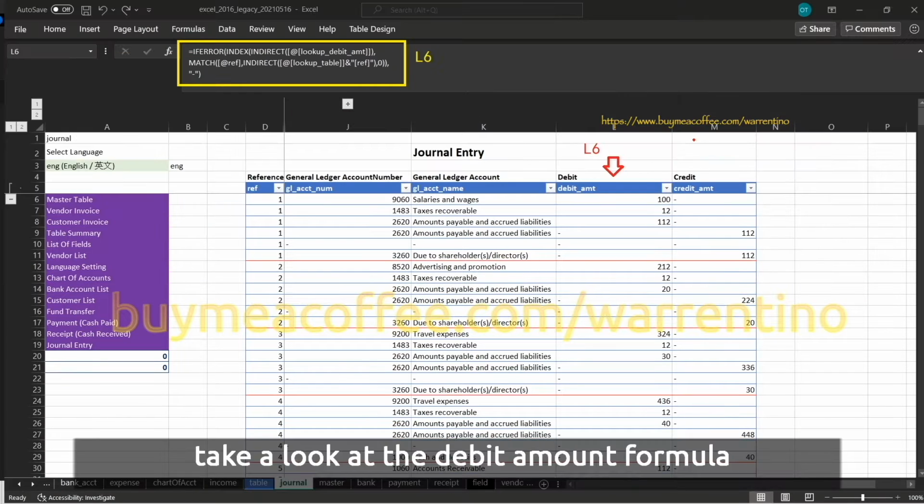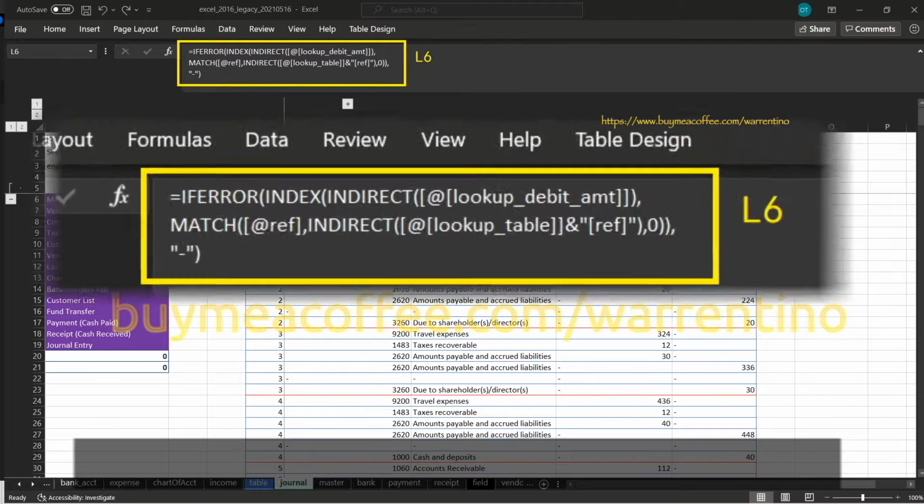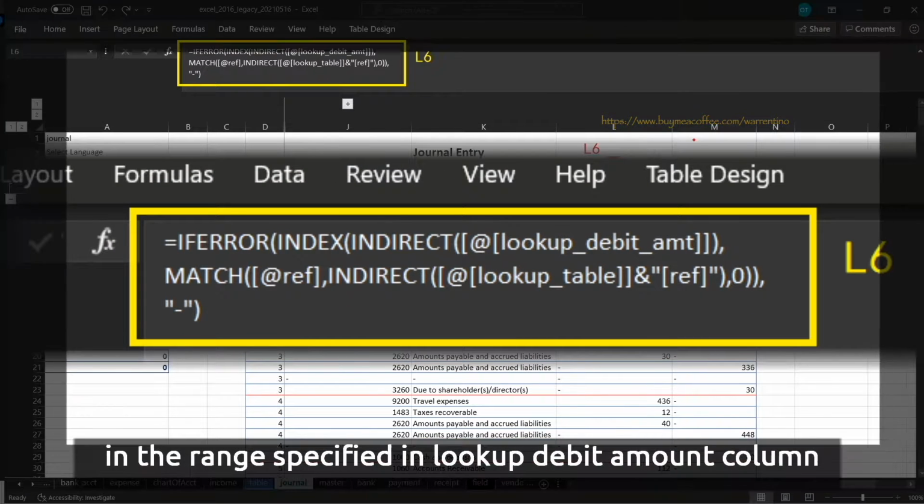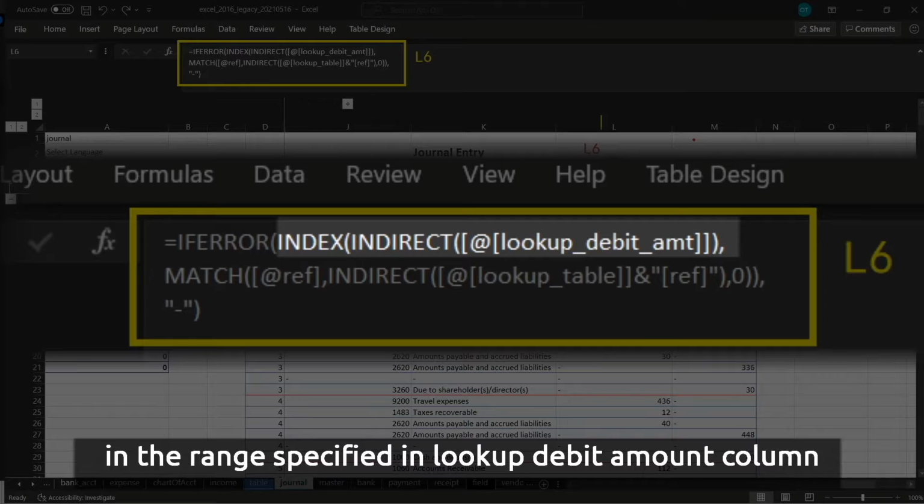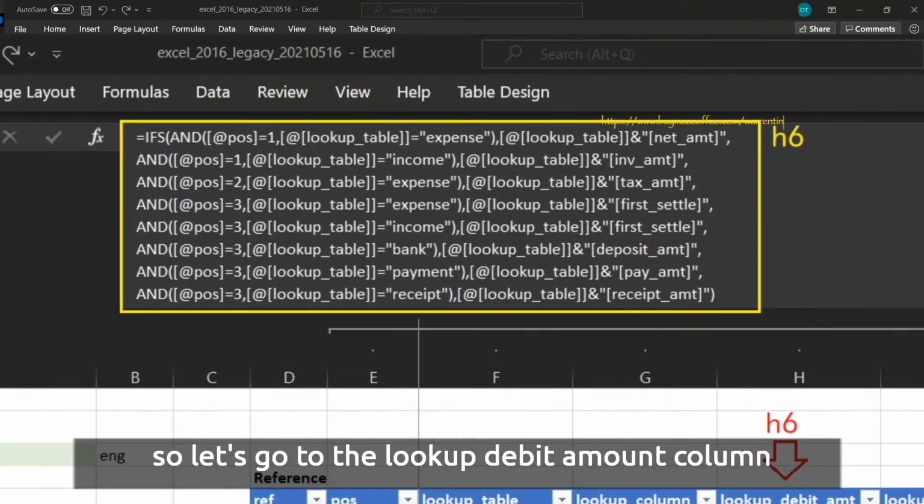Take a look at the debit amount formula. The amount can be found in the range specified in lookup debit amount column. So let's go to the lookup debit amount column.